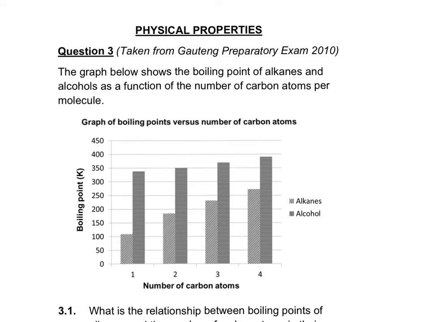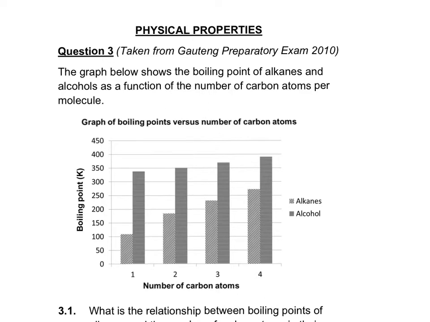In this session, we're going to be looking at question 3 of the physical properties worksheet that you were given. You can see which exam paper it was taken from, so let's just dive right in. The graph below shows the boiling point of alkanes and alcohols as a function of the number of carbon atoms